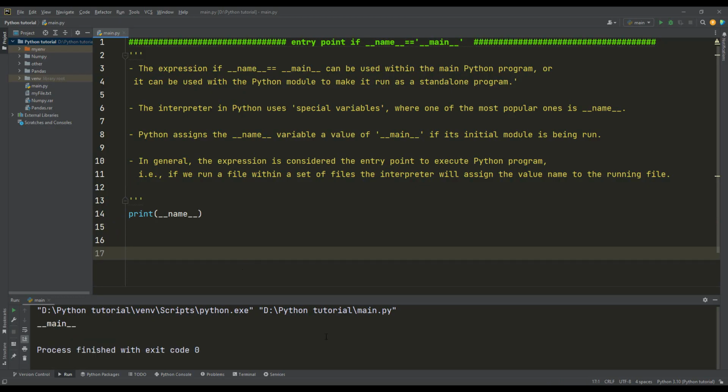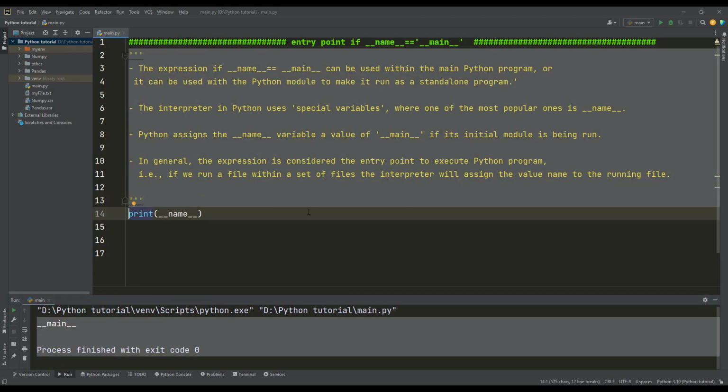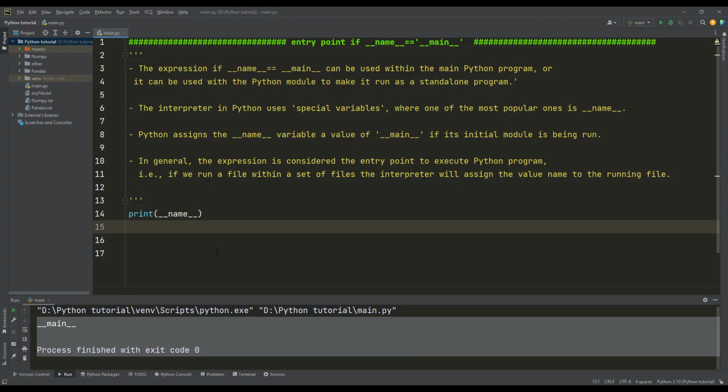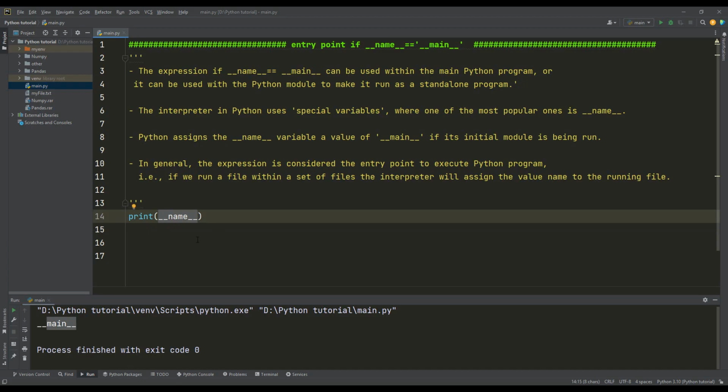If I execute this, it will return that the name of this file is main, based on the assignment of the Python interpreter. So the Python interpreter understands we are executing this file as the main script or the main file. You can rename this file as test or whatever you want, and you will still have main as the value of this special variable name.